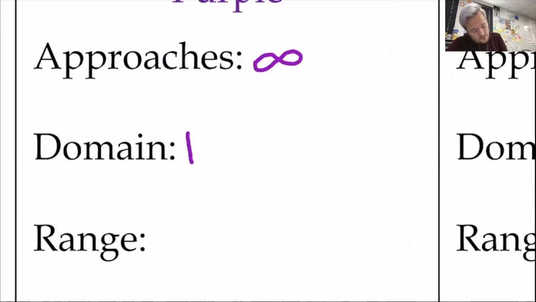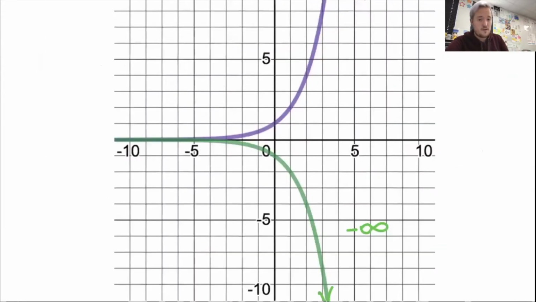Then the domain: we're looking at how far left and right it goes. So far as the domain goes, it's going left and right indefinitely. That means your domain is all real numbers. Now your range is how far up and down it goes. So right here,